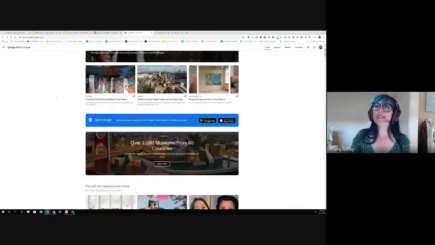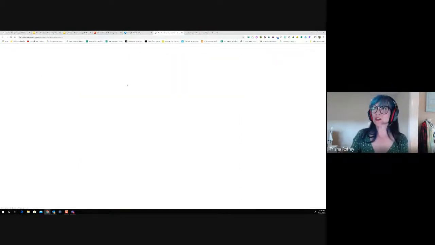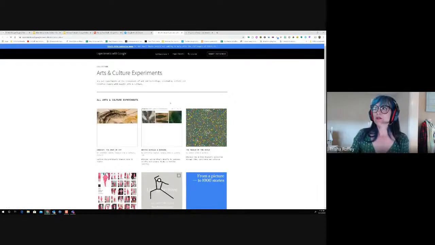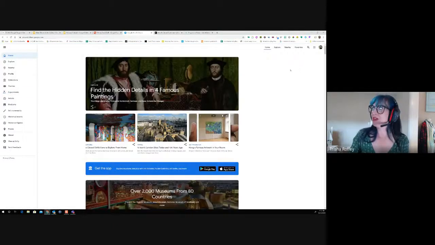But one thing to point out is there's the pancake stack, that top left-hand corner when you're here on the Google Arts and Culture site. And here you can start to really filter for what you want to do, just being able to look at experiments, artists, art movements, all those different places. You can start to click through. There's even fun little interactives that kids can do. So such an endless possibility of the different things that you can do.